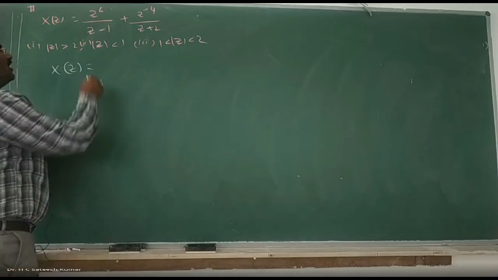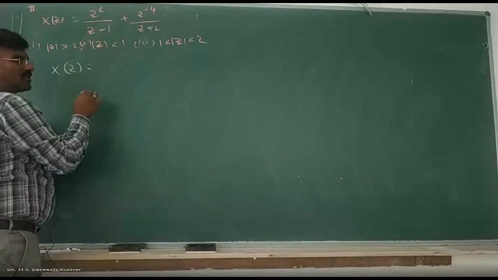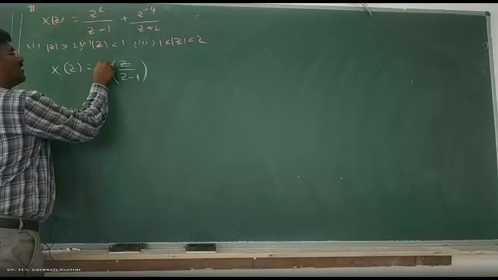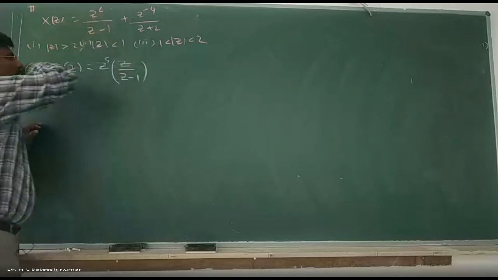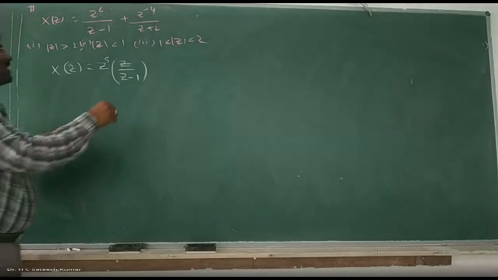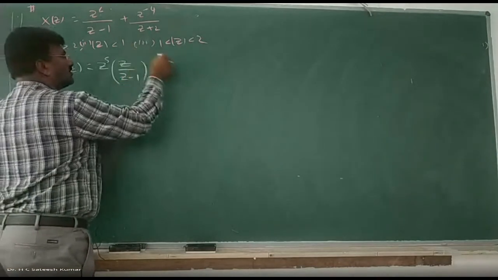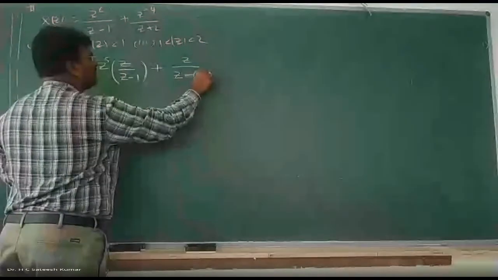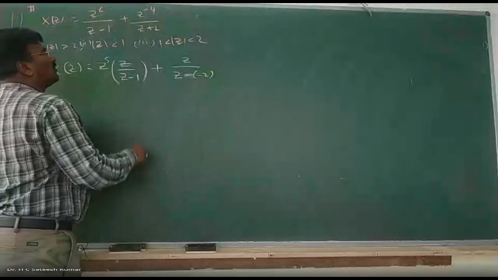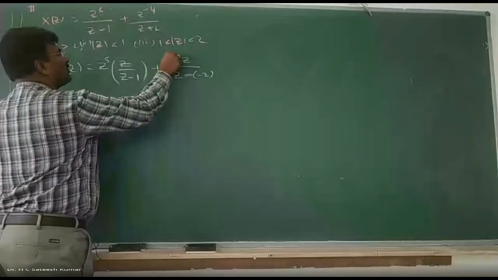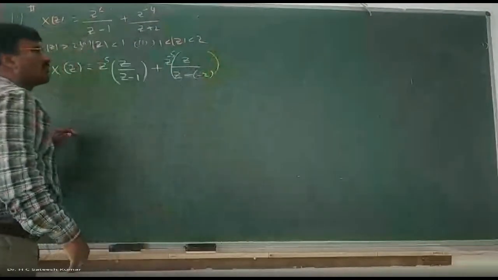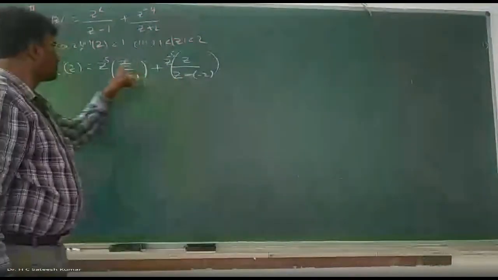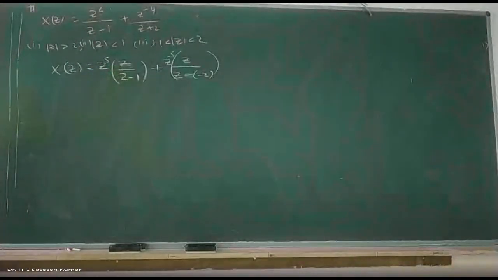Which property should we use? What is the standard Z transformation pair? I know the inverse Z transformation pair, Z divided by Z minus 1, and the rest is Z to the power of 5, so Z to the power of 5 into Z gives Z to the power of 6. Next, plus Z divided by Z plus 2, where Z plus 2 is Z minus of minus 2. Here Z to the power of minus 5 into Z, and the same thing you will get. So here also Z to the power of 5 into Z means Z to the power of 6.